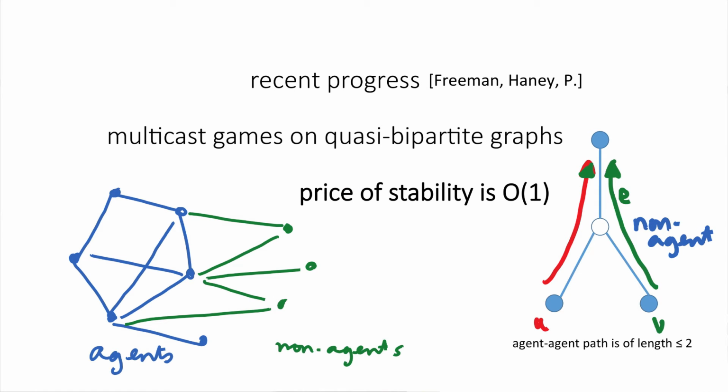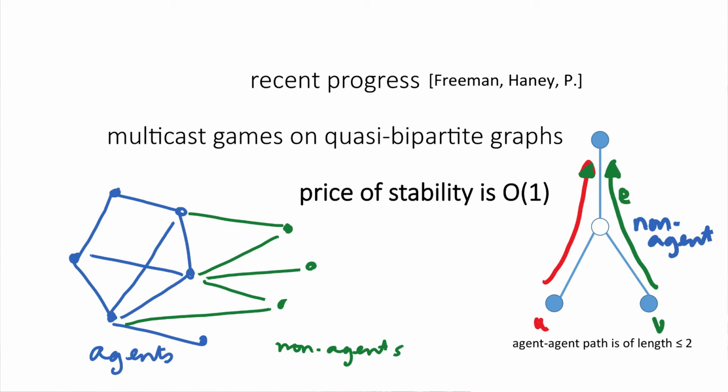I want to briefly mention that we have made some very recent progress on this question. We have shown that we can go a little beyond broadcast games in showing a better price of stability than log n. In particular, we have shown that if you have a multicast game, but on what is called